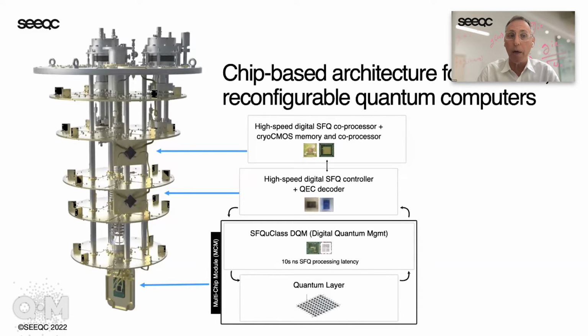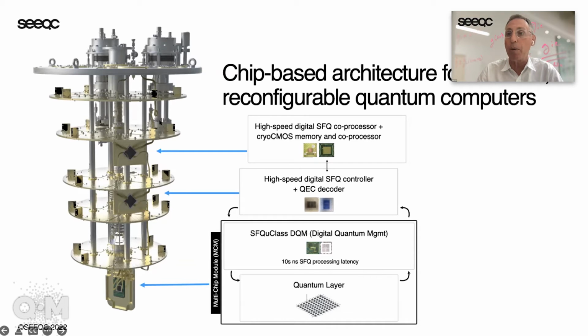This is based on a computer that we're building on an application-specific basis for Merck. We've recently announced a partnership with BASF, and we have other commercial partnerships as well. But this is, to be clear, an entirely chip-based system going from the quantum layer all the way up to readout, control, quantum error correction, SFQ controller, classical memory, so we don't have to go out to the web for classical resources, and even a nod to cryo-CMOS for memory.